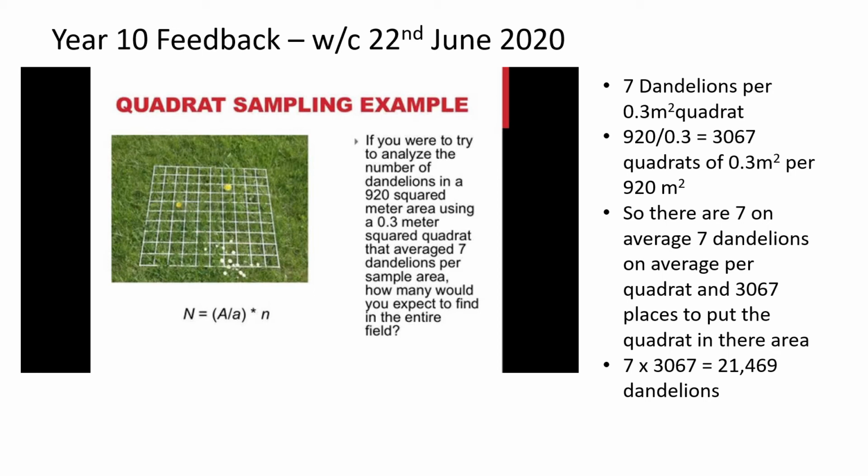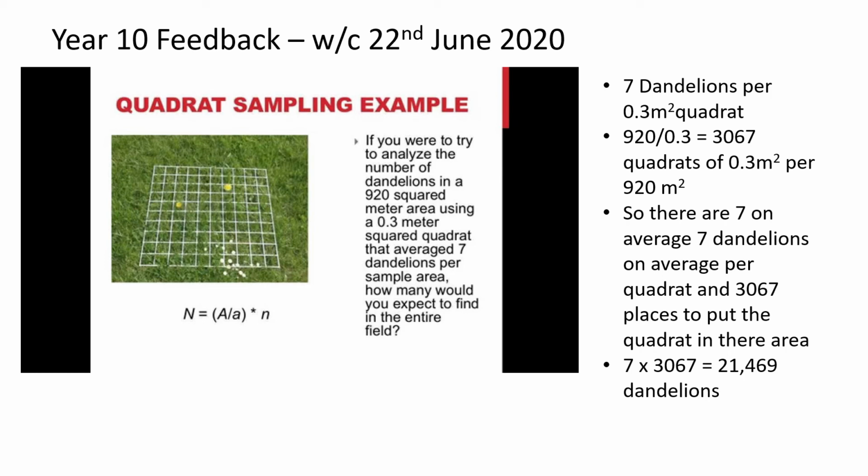920 divided by 0.3. So what that gives you is 3067. So what that tells you is there are 3067 quadrats, or places that you could place the quadrat within 920 meters squared. So if we know there are on average 7 dandelions per quadrat and 3067 places to put